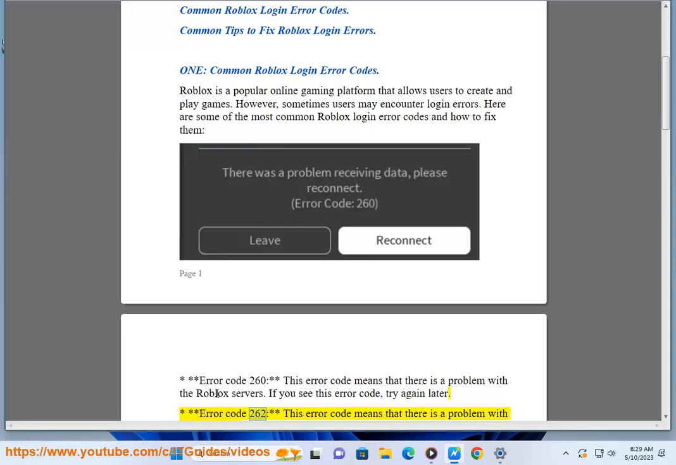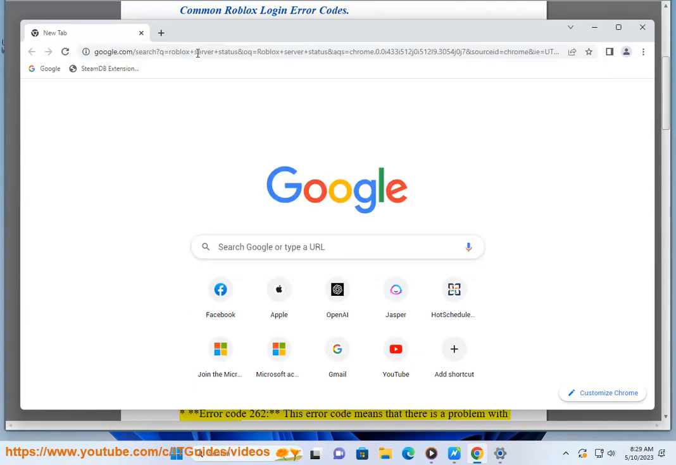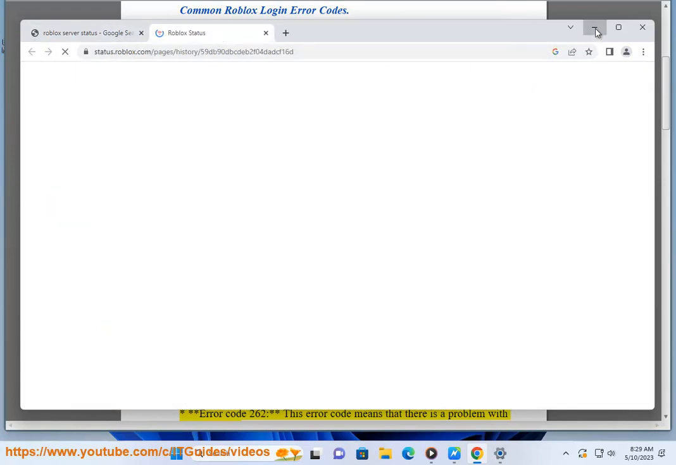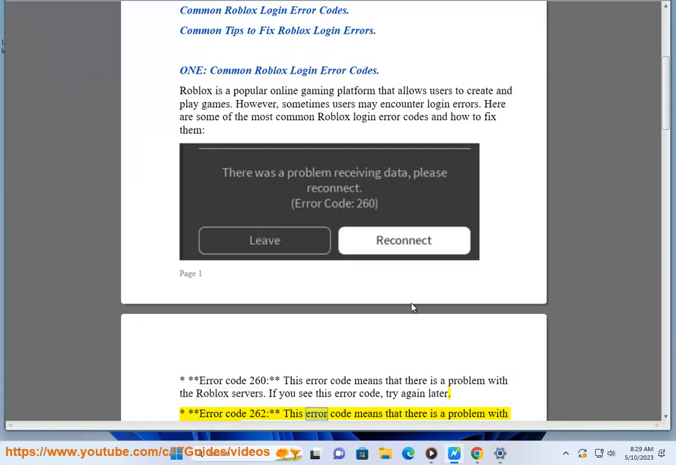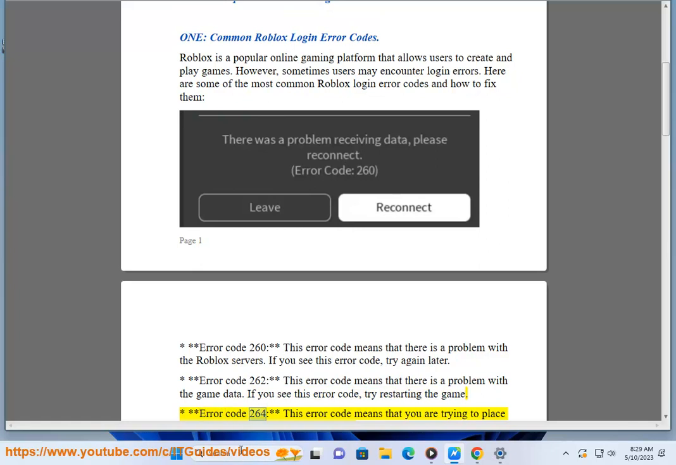Error code 2. This error code means that there is a problem with the game data. If you see this error code, try restarting the game. Error code